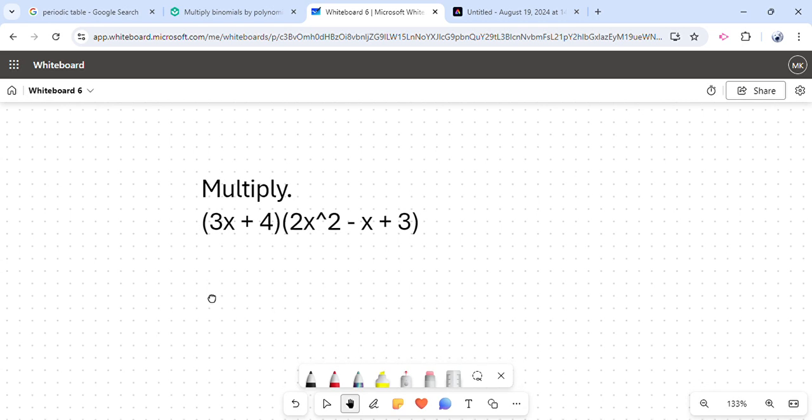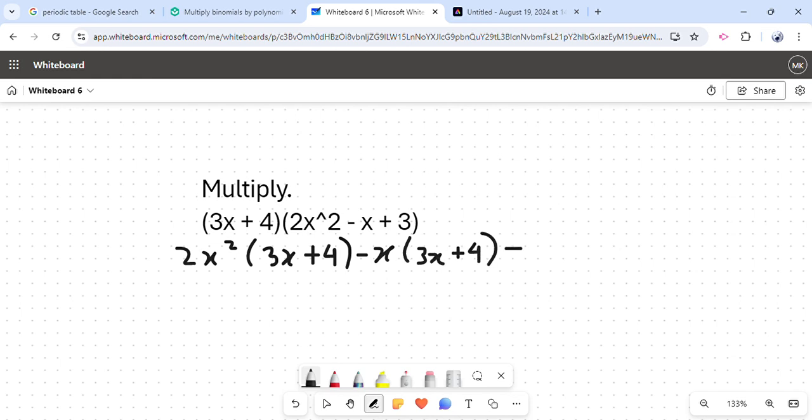So for this problem, we have to multiply 3x plus 4 by 2x squared minus x plus 3. And you can do the same thing you did in the last problem, which is break apart the second factor into its parts and multiply each part by 3x plus 4. So you can do 2x squared times 3x plus 4 minus x times 3x plus 4 plus 3 times 3x